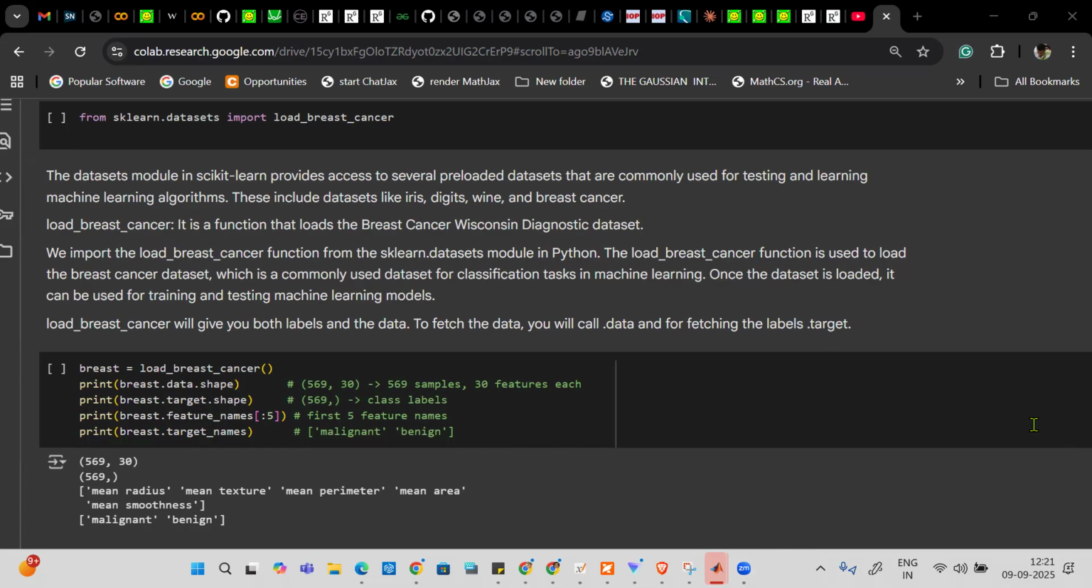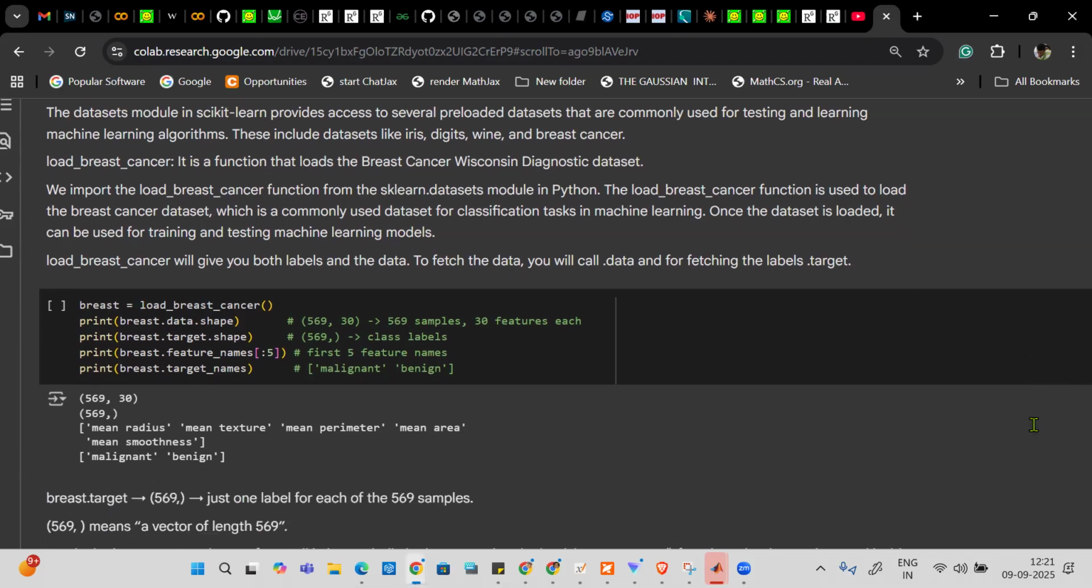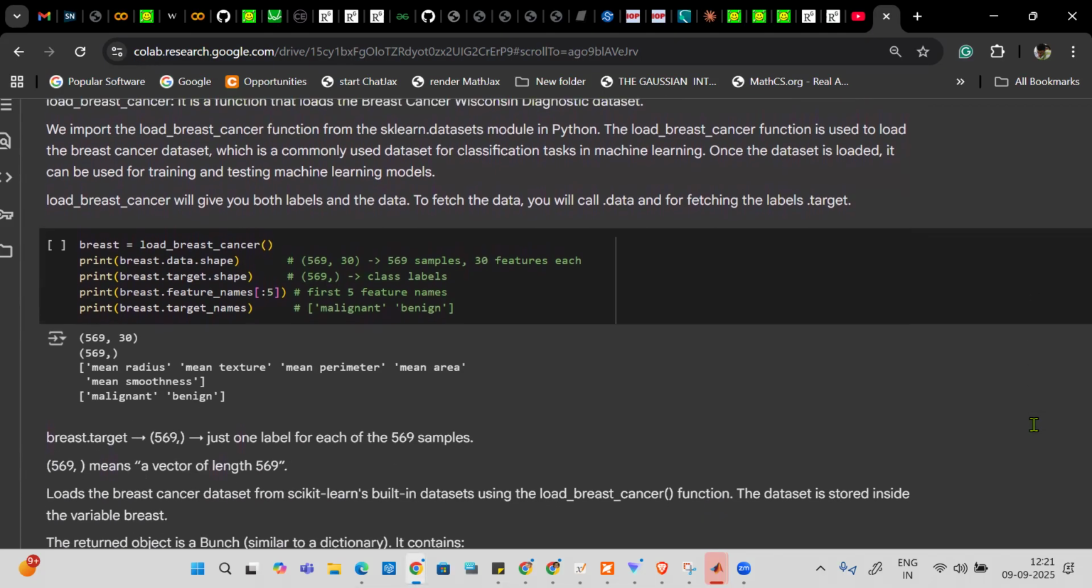So this we'll see, don't need to worry. You can read these writings after the command just to make you a bit more comfortable with what is happening. Okay, fine. So now that we have imported it from the sklearn module, let us say breast equal to